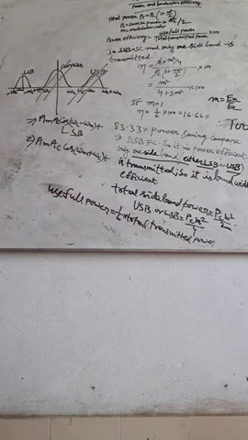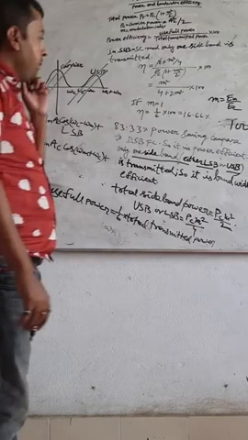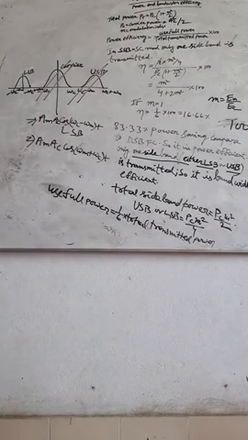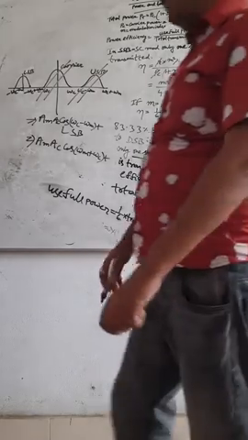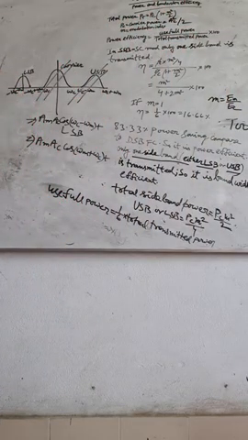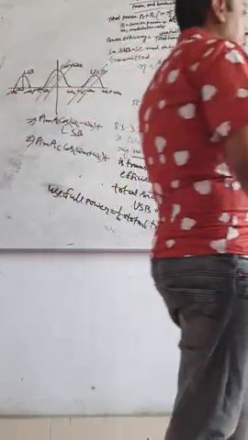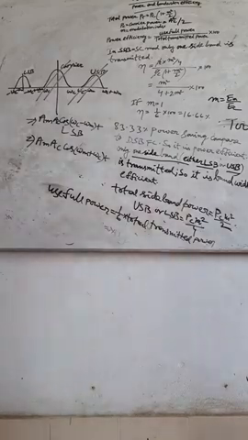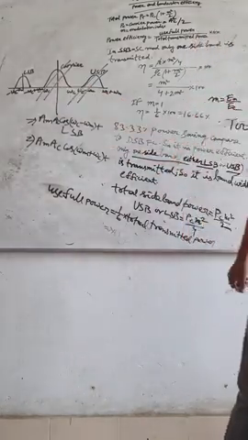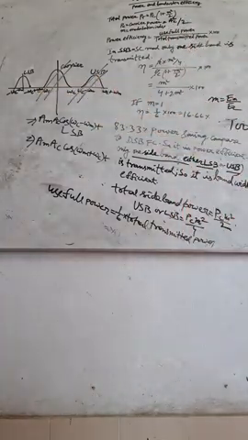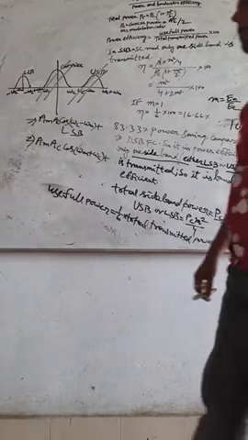So there is 83.33% power saving compared to DSB-SC. So power saving is more. That means cost is less. If we are able to do a huge amount of power saving, cost is less. I have told you why the power saving is required. Your carrier doesn't carry any information. Your LSB and USB, lower sideband and upper sideband, are identical to each other. Both the sidebands are carrying the same information.